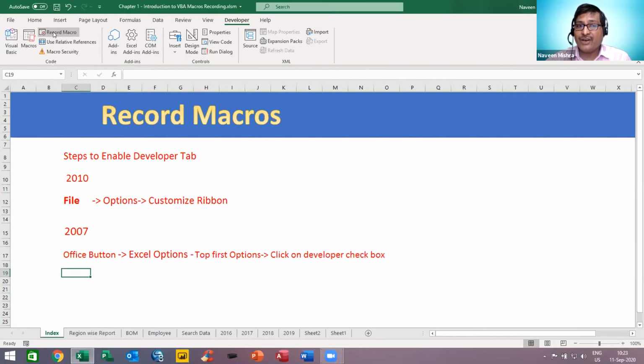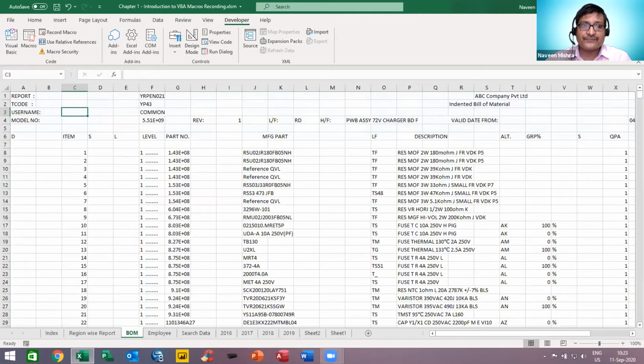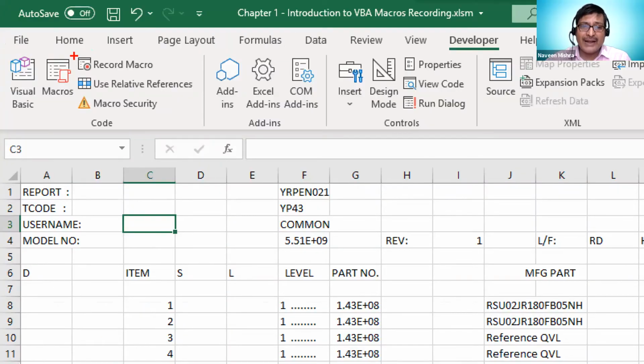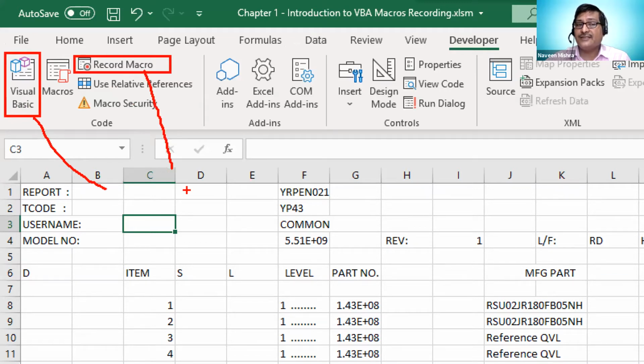We can simply click on record macros. So you can create a macro using two techniques. You can just click on the record macro, or you can develop a macro using Visual Basic. So we have both technique, right? If you are using Visual Basic, you have to write a code for that.